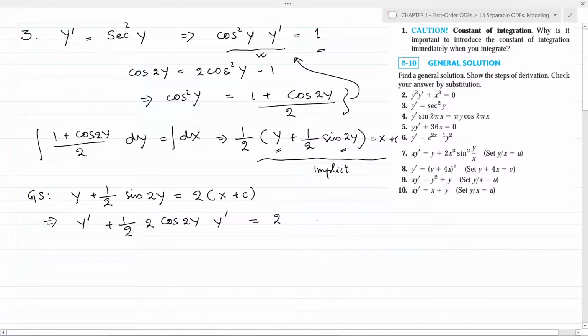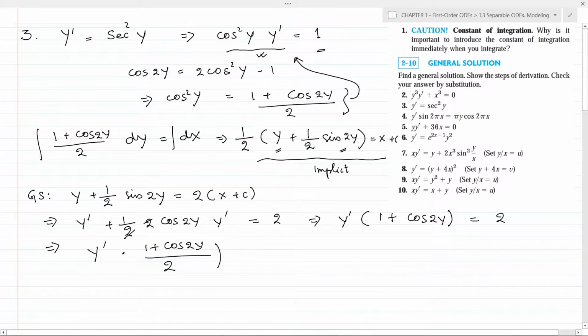So this implies y dash multiplied by 1 plus cos 2y divided by 2, where the 2 and 2 cancel out, is equal to 1. Now from here we have 1 plus cos 2y by 2 is cos square y,